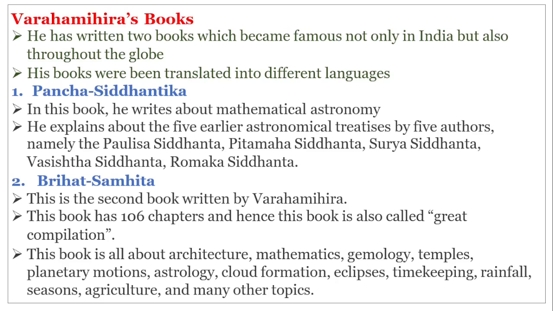Then design of temples, planetary motions, and astrology, cloud formation, as you can see over here. So everything that has something to do with mathematics basically. And therefore many things come into this, and therefore the book becomes very large, and therefore it is called Brihat Samhita. And the first one is Pancha Siddhantika, which is about mathematical astronomy, and this is basically